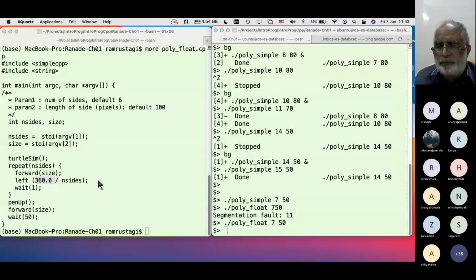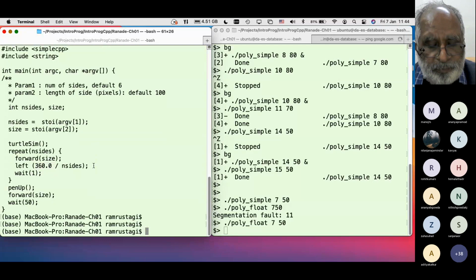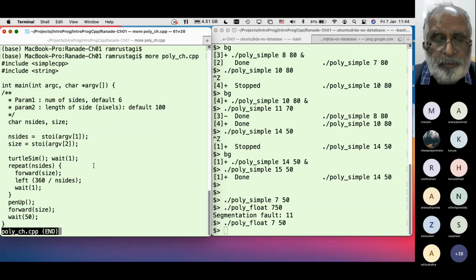Now let me show you another program, a minor variation of the previous one. Only this changes, nothing else.